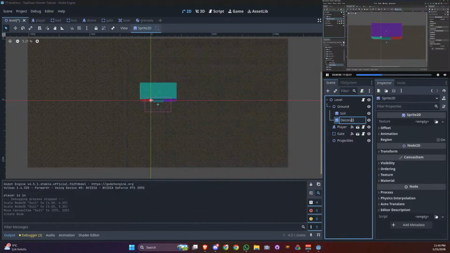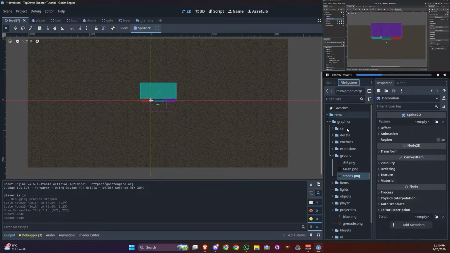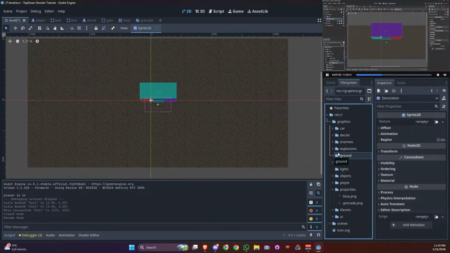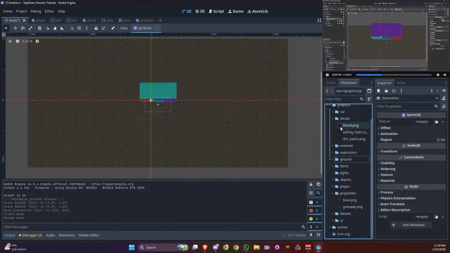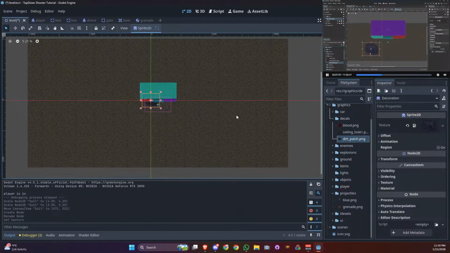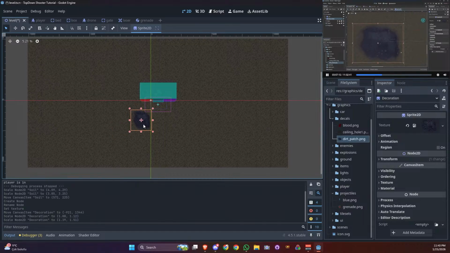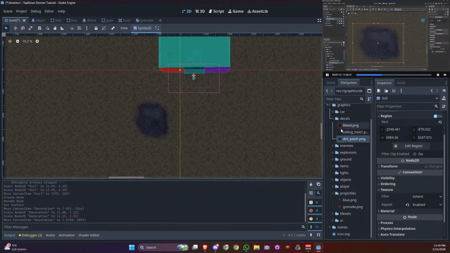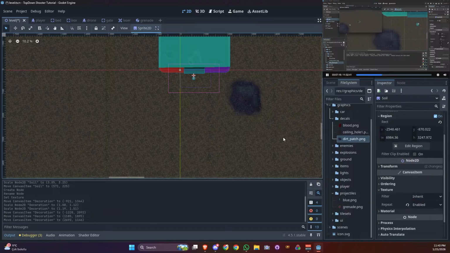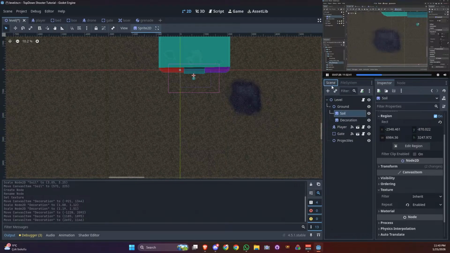The texture for that we get from decals, and there we have a dirt patch. This I want to drag into the texture, and now we get something like this. It's just a texture that is displaying some dirt. I think it's quite straightforward. And this one doesn't really fit into the background we have right now. So if you look at it inside of the game, I guess it kind of fits to an extent, but it could be better. To make this kind of thing look better with the decoration selected, you want to go